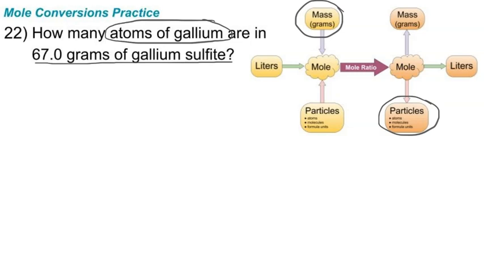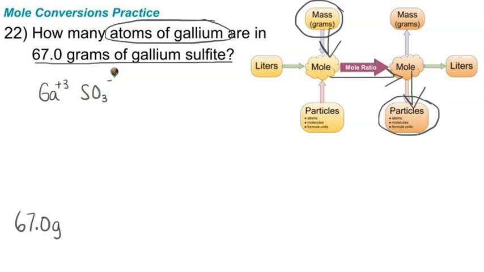This means we're going to need 3 steps. Our first step will take us from grams of gallium sulfite to moles of gallium sulfite. Our second step will take us from moles of gallium sulfite to moles of just gallium, and our third step will take us from moles of gallium out to atoms of gallium. So 3 steps here. So we're starting out, I'll write 67.0 grams of gallium sulfite, and to get that formula I am going to need to crisscross. So gallium has a +3 charge. Sulfite is SO3 with a -2 charge. So when I crisscross, I get Ga2,